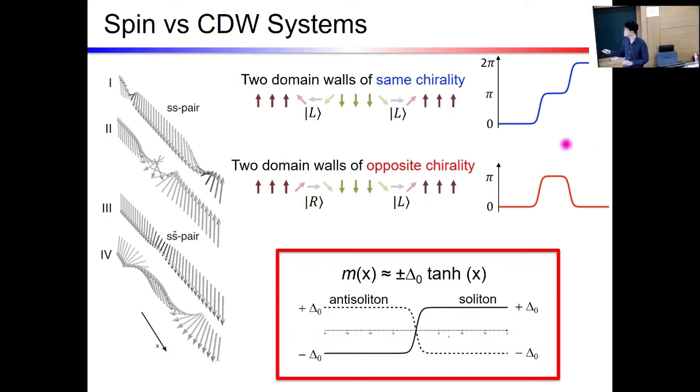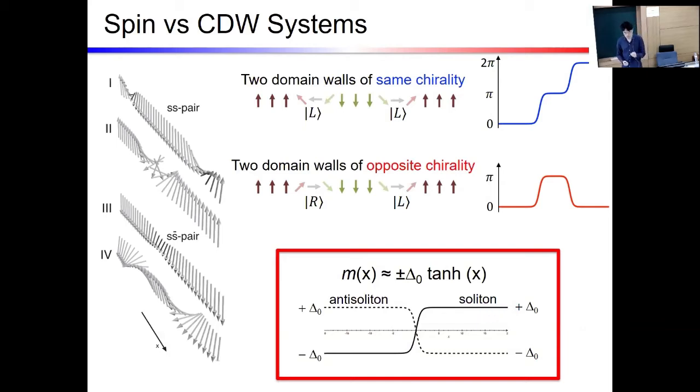So these two are totally different. But here, this is the charge density wave case. They don't have this kind of thing like here. They only have positive and negative. So it's always connected, starting positive to negative, then this negative should be negative to positive, which means